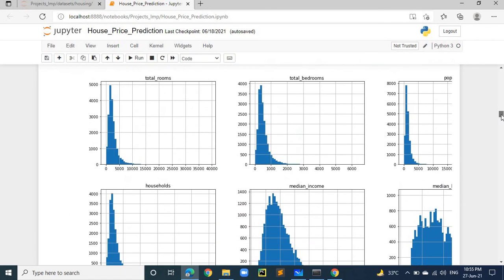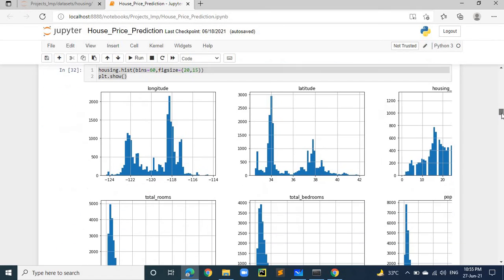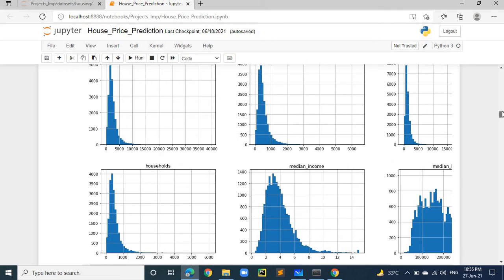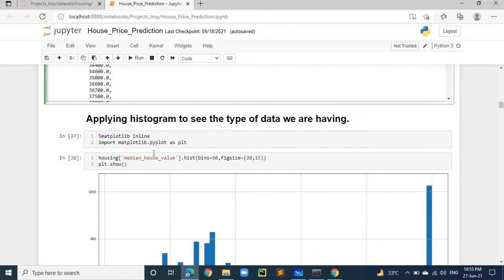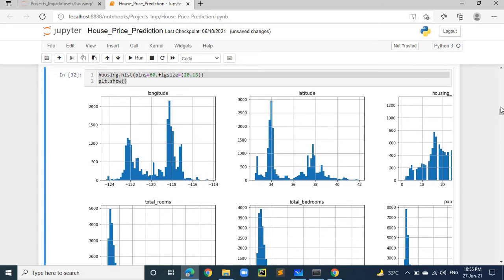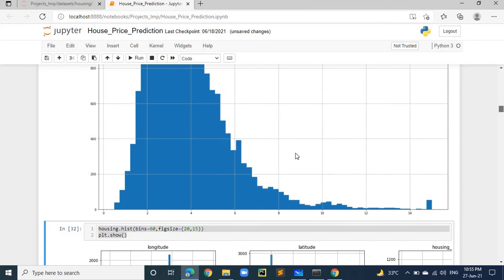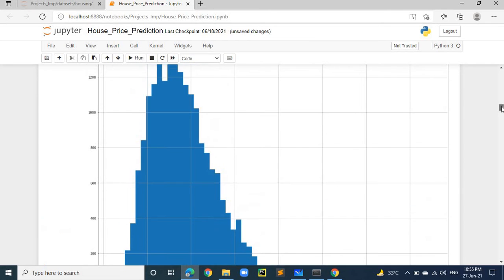Similarly, if we talk about the median income, not housing value, you can see here that it is normally distributed, starting from 0.5 and going till 6, like a bell-shaped curve.